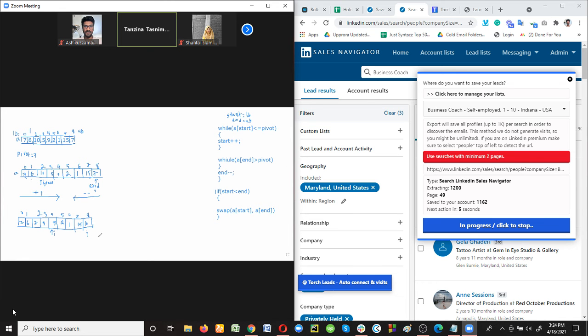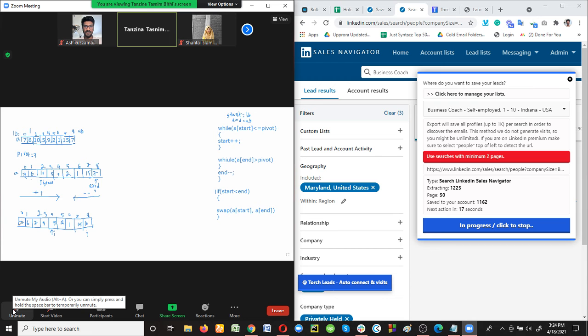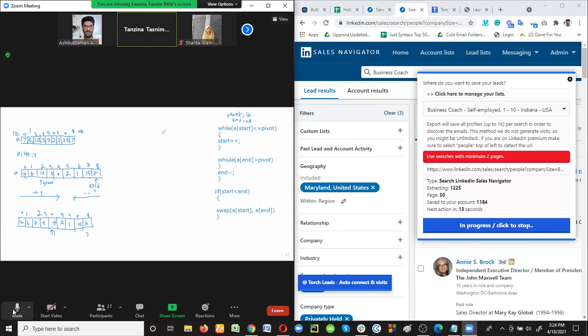Okay, so now we can compare the elements from the right side of the array. What is the value of j? J equals 8, so A8 equals 10. Is it greater than 7? Yes, so the condition is true. Now j minus minus. What is the new value of j? J equals 7. Okay, so A[j] equals 15.